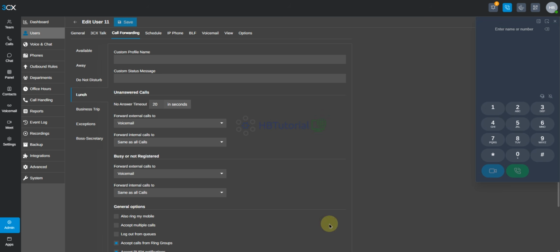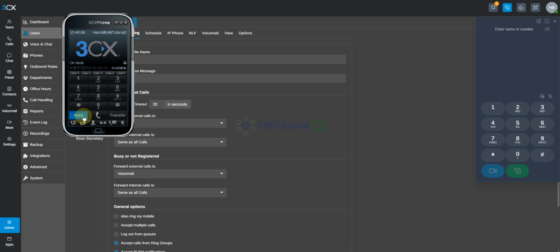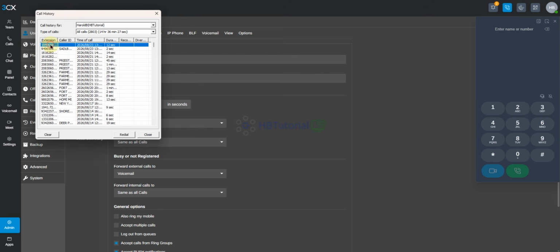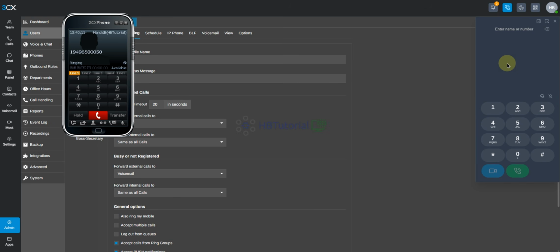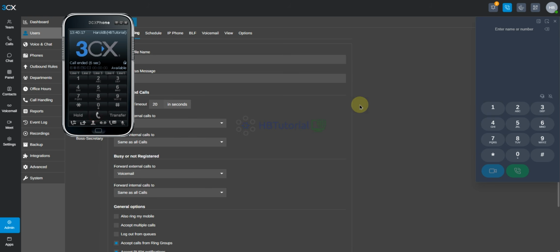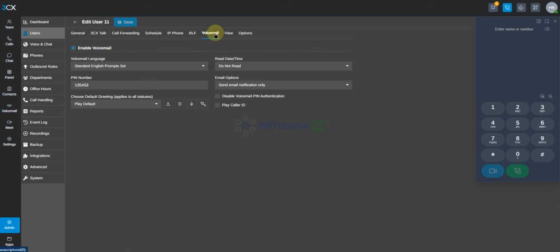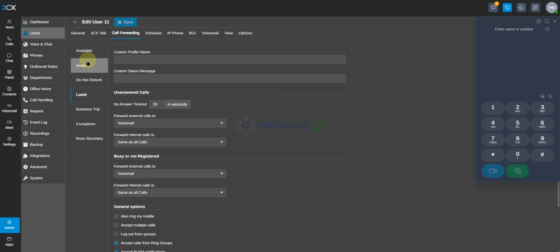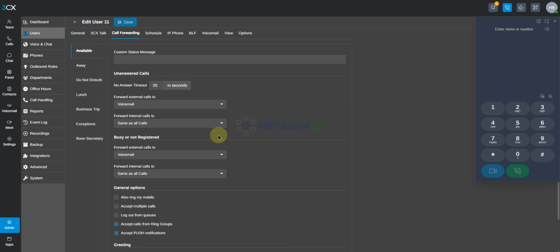But let's see why it did not come. Let me double check again. Let me call. So it automatically goes to voicemail. Okay, call forwarding available.